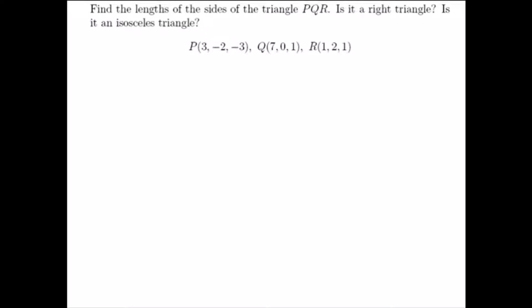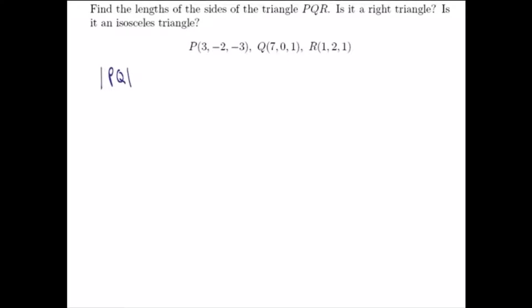It would be a little bit difficult to try and draw these 3 points and draw the triangle, but we don't need to actually see the triangle to determine if it's a right triangle or an isosceles triangle. We're going to find the lengths of the sides as suggested and determine based on those numbers. So we're going to use then the distance formula for 3 dimensions, and we'll start by finding the length of